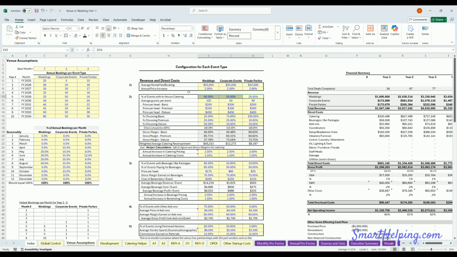So let's say you had 100 events, 80% would mean 80 of the weddings are going to use catering. You could put the average guest count because you're going to need to know that for revenues. So here you can define the price. You have three options here: a basic, a premium, and a deluxe catering package. The cost per head, and then that'll multiply by this to figure out the revenues for each of those,